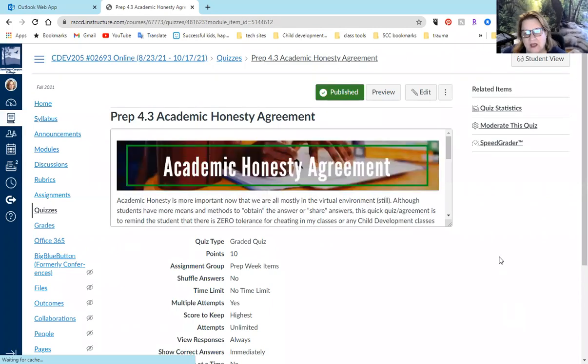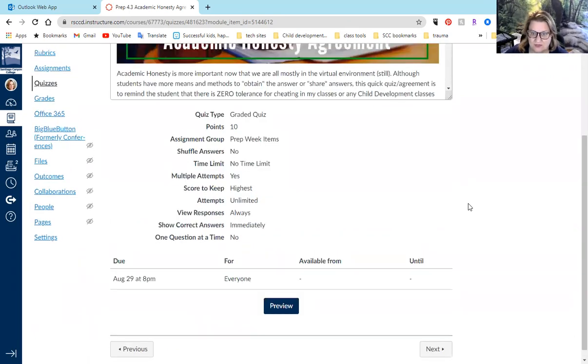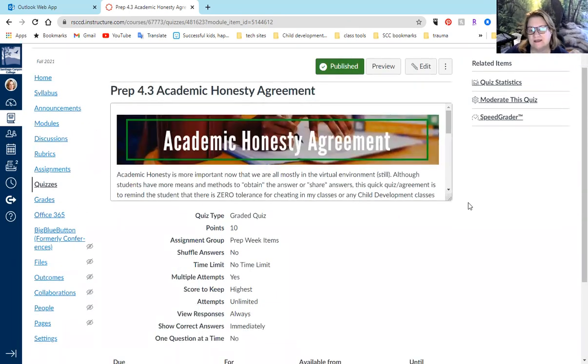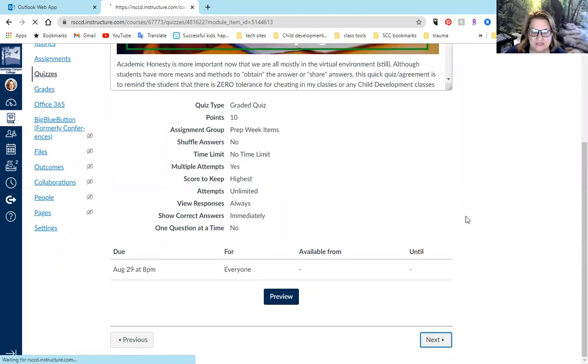Next one is something new that I added. It's an academic honesty agreement. With the online classes, things have just gotten out of hand with the cheating and stuff like that. I mentioned that before. I do set up this class so that you don't have to cheat, so if you do, it's 10 times worse. Don't make me have to report you, because I will. It's super embarrassing for you. You have to talk to the chair, the dean, the vice president, the dean of students, and she's a lawyer. You don't want to mess with her. So just don't cheat. It's 5 questions, like, hey, I know cheating's wrong.